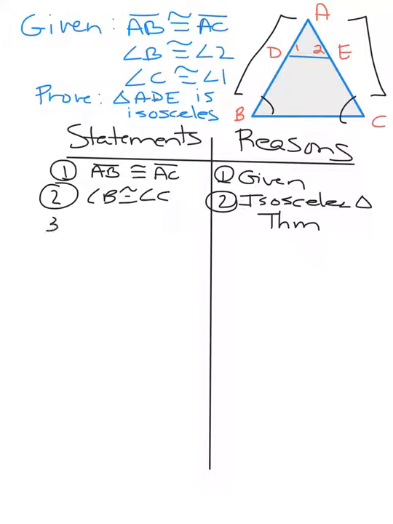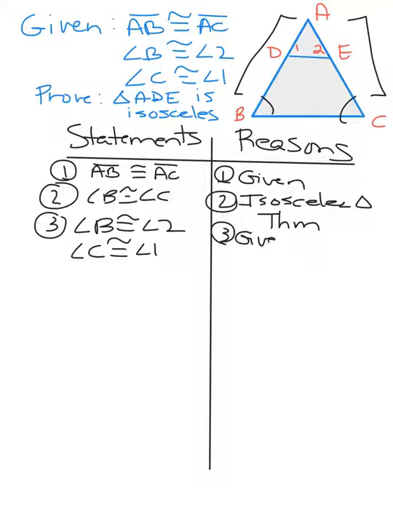So let's look at what we have next. I have angle B is congruent to angle 2, and I also have angle C is congruent to angle 1. That's given. Now I'm going to mark that diagram. B is congruent to 2, and C is congruent to 1. And when I notice, because I marked it, I have a lot of congruency going on there. So my next statement,